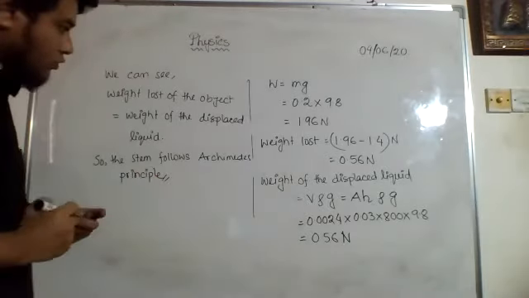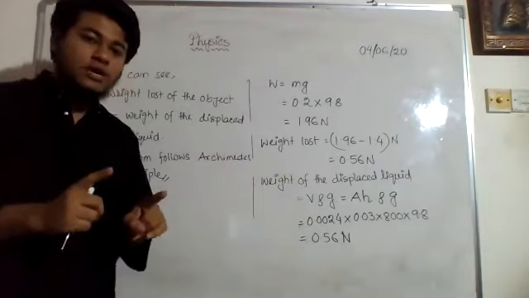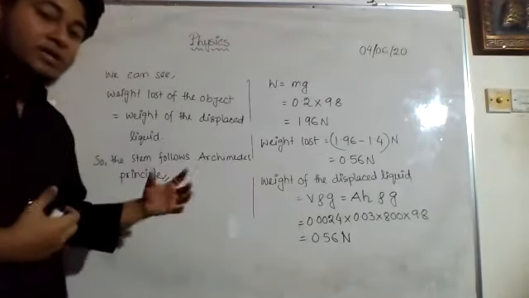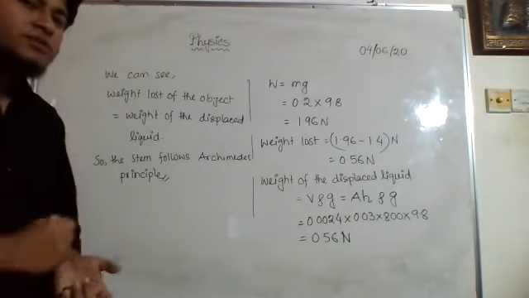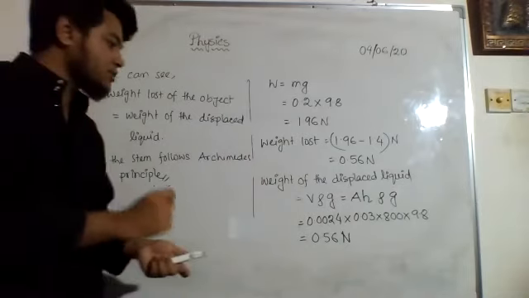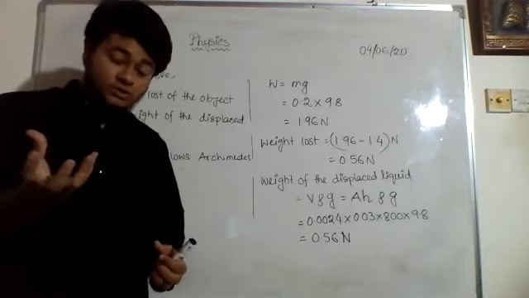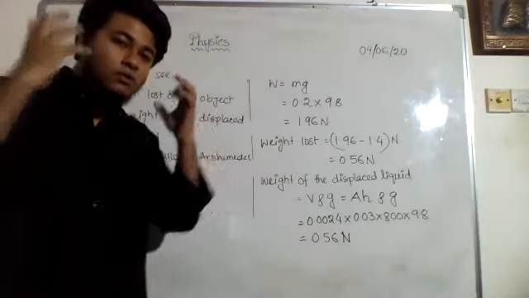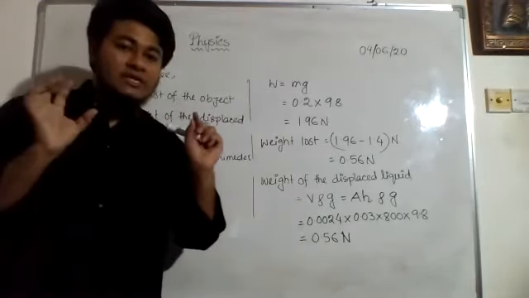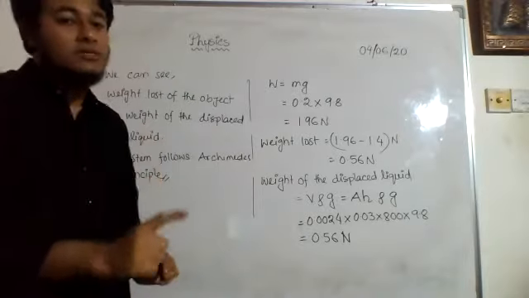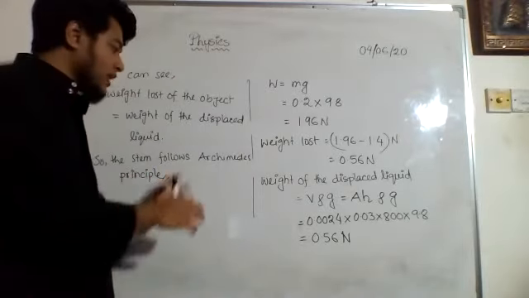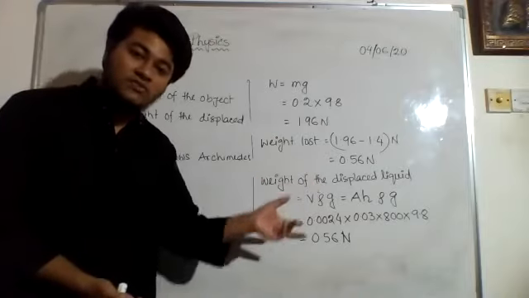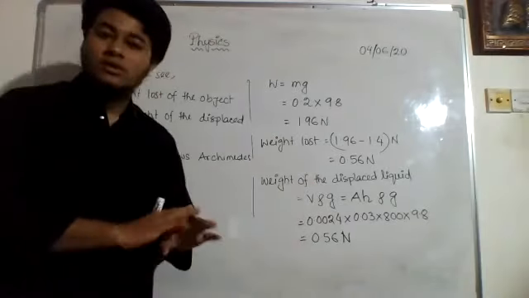Okay, so very easy, right? All you need to have is a clear basic: whenever you are asked to prove that this is following the Archimedes principle, you have to know what the Archimedes principle says. It says that the lost weight of the object will be equal to the weight of the displaced liquid. So you need to calculate these two. Your focus should be on calculating these two pieces of information from whatever is given in the stem. Then you compare whether they are equal or not. If they are equal, it follows. If they are not equal, it doesn't follow.